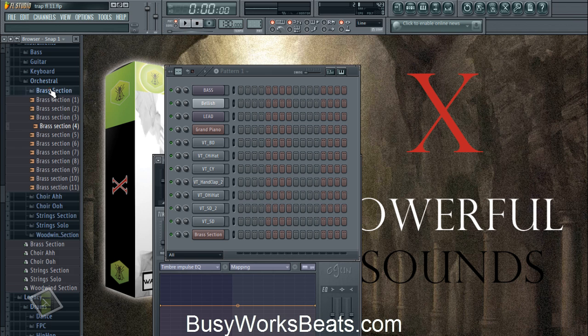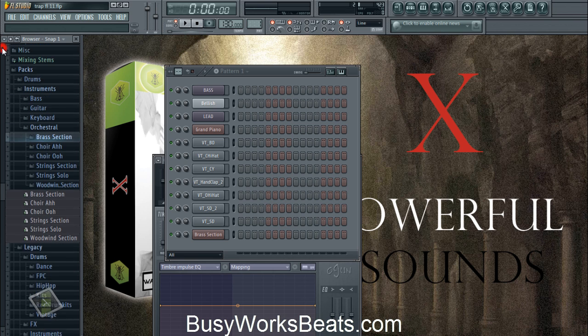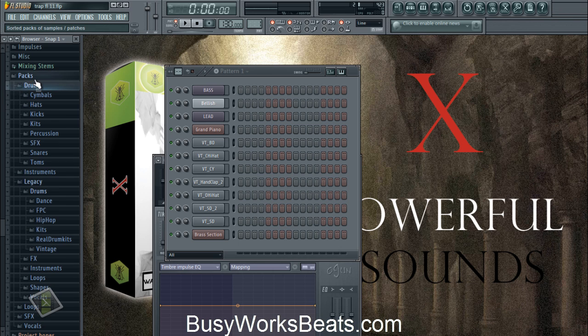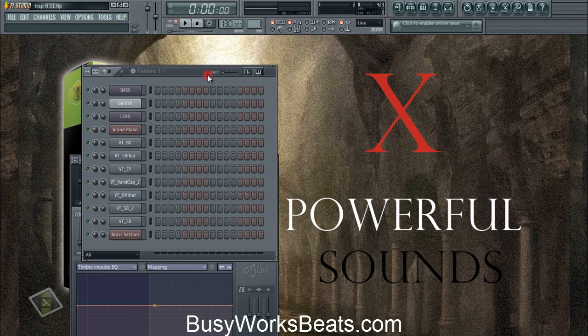I'm not going to get into all that. Okay, now there are sound fonts out there with pretty good brass. So you want to look for those sound fonts. They don't come with FL11. So we have everything we need so far.